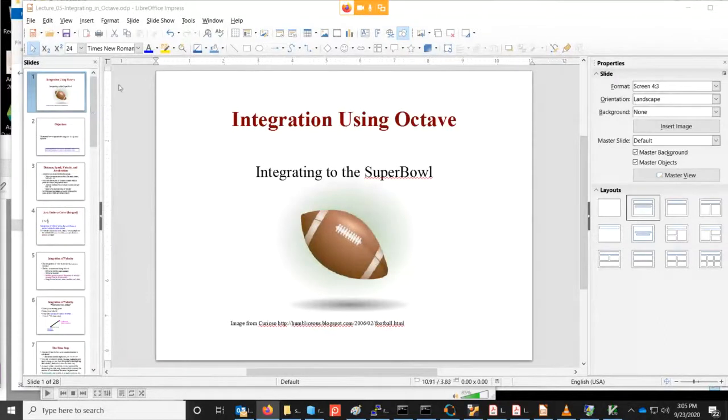All right, so last week we talked about the concept of where we're going to start integrating. We had this scenario where we're going to integrate our way to the Superbowl, which was just the scenario that I set up. So I think we can all pretty much